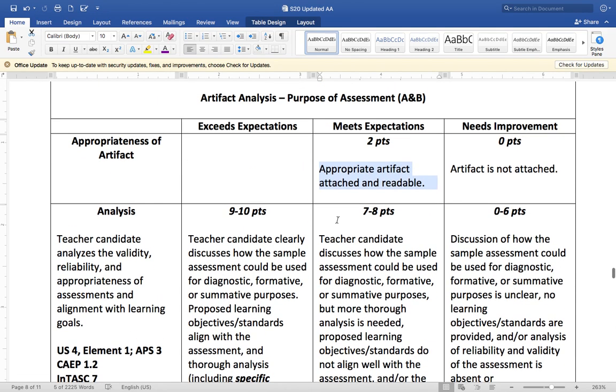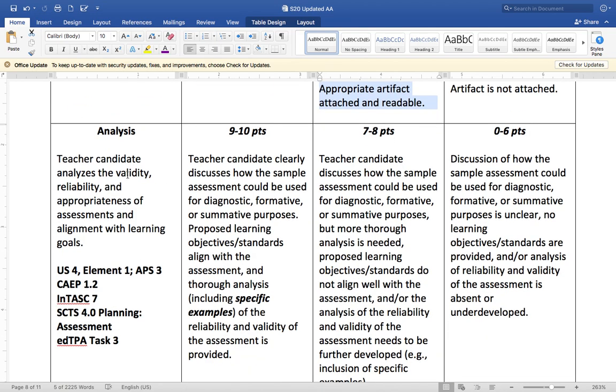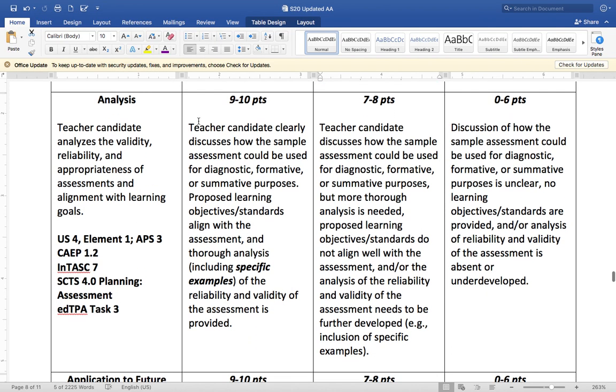Now let's look at analysis. Remember, analysis is based on the specific artifact that you found. Teacher candidate, which is you, analyzes the validity, reliability, and appropriateness of assessments in alignment with learning goals. So this is really related to those discussion questions. That's why I asked them very carefully. So you're clearly discussing how the assessment could be used for diagnostic, formative, or summative purposes. You are providing learning objectives that align, and you're giving a thorough analysis